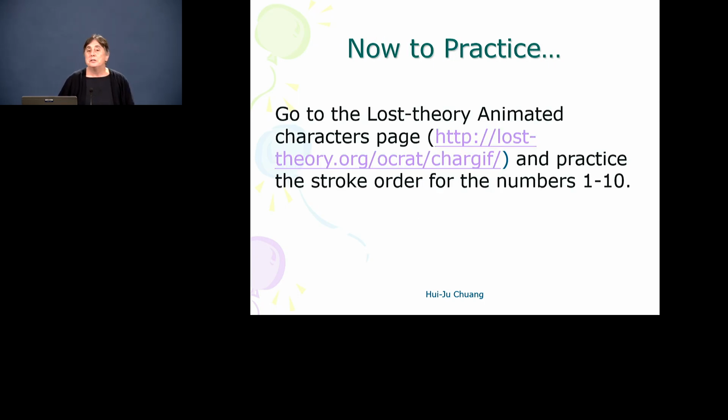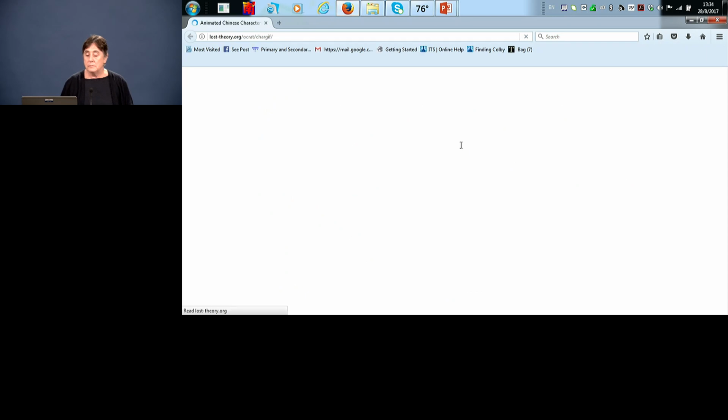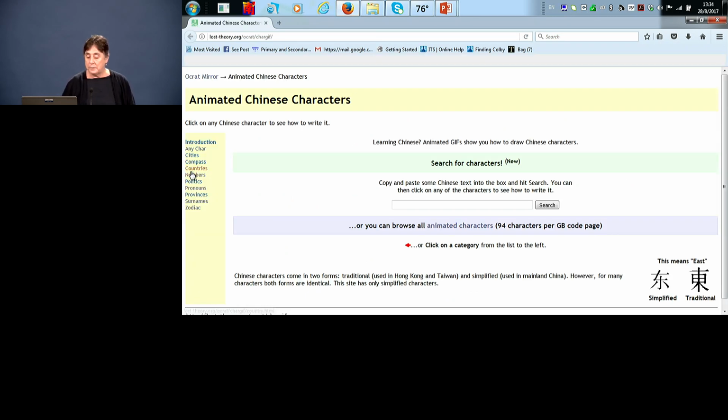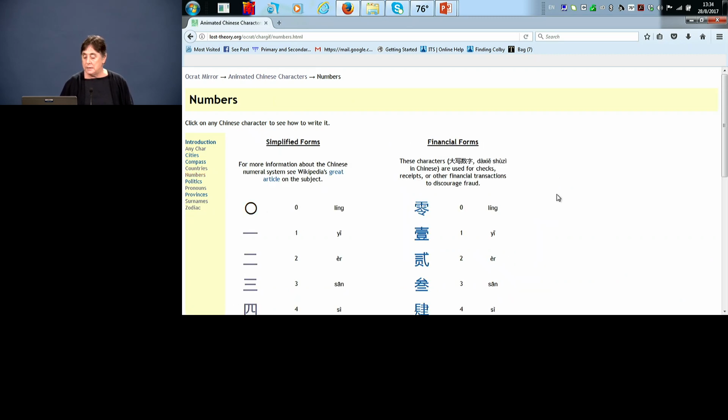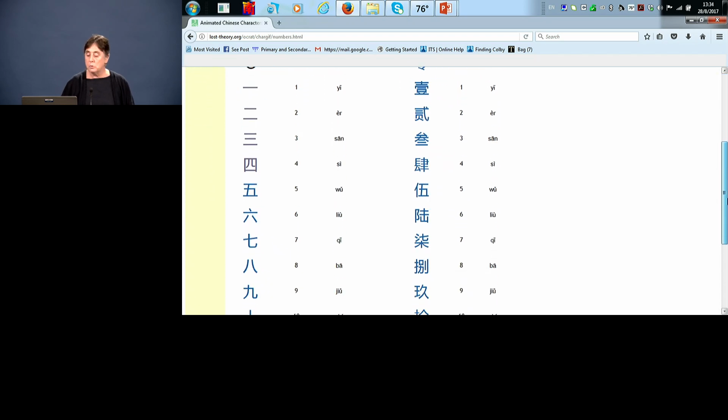Okay, now to practice. One way that you can practice is by writing the numbers from 1 to 10. And we will be tested on that in our final quiz of the introduction unit. And if you want to practice, you have them in your character workbook, but you can also go to the Animated Characters page. And you can look up the numbers, and you can start down and go through the numbers